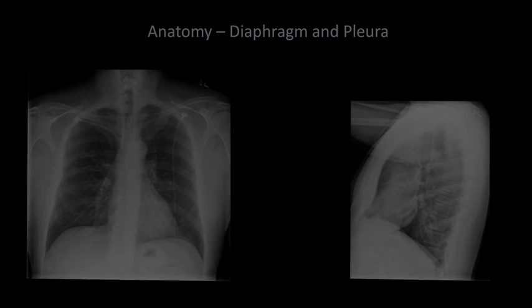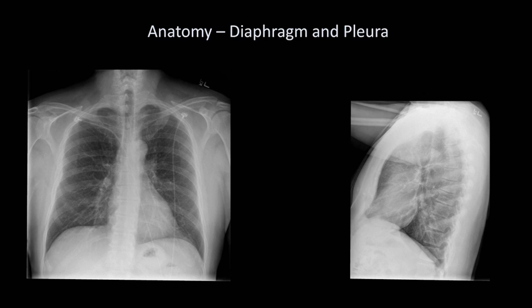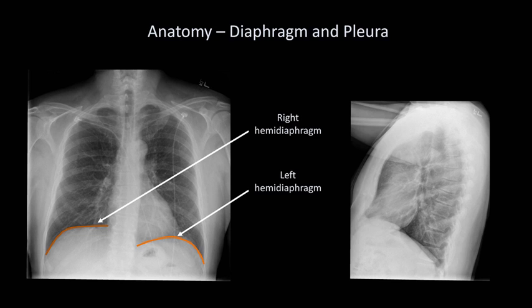Moving on, the diaphragm and pleura, which also makes sense to evaluate together. So here are the right and left hemidiaphragms as seen on the PA view. It is normal for the right hemidiaphragm to be slightly higher than the left, presumably due to the liver directly